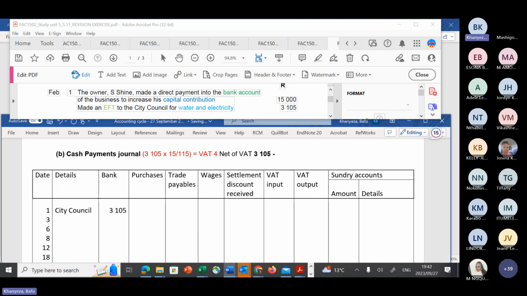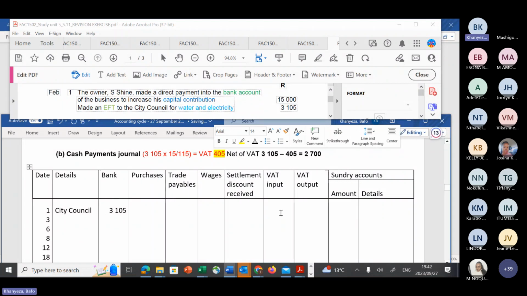It's 405. So I'm talking while I'm writing, and I did realize it's 405 minus 405. Then you're going to get 2,700. If you've got a question, you can ask the question. So the net of VAT is going to be 2,700. So now it means the VAT is going to be